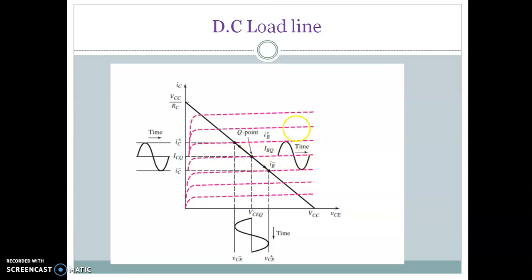If there is a small variation in the base current, the base current is going to vary in the order of microamperes, but the collector current, we know, is going to vary in the order of milliamps. So the small variation in the base current is reflected as a current in milliamps in the collector current, and accordingly we get a drastically bigger output. What is the maximum limit of this output swing we can have? That we will see in later video lectures.